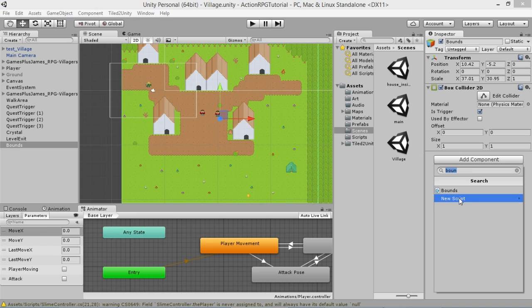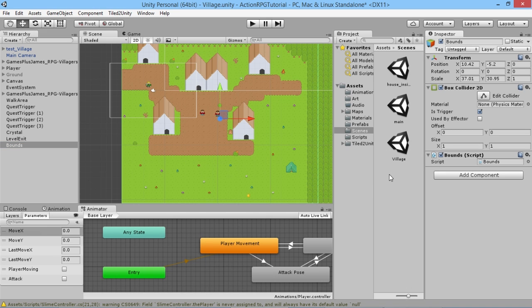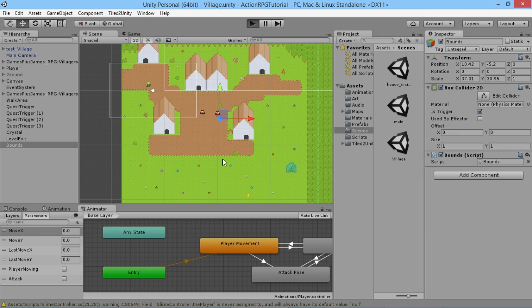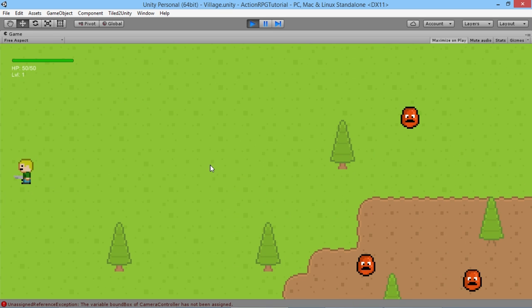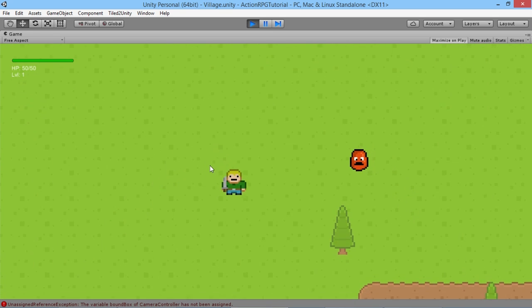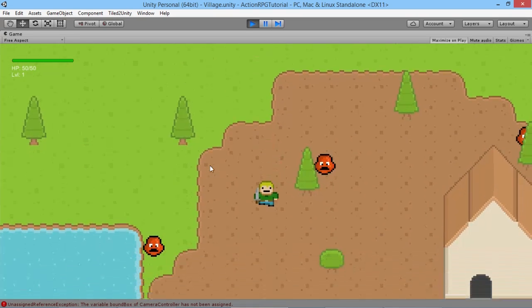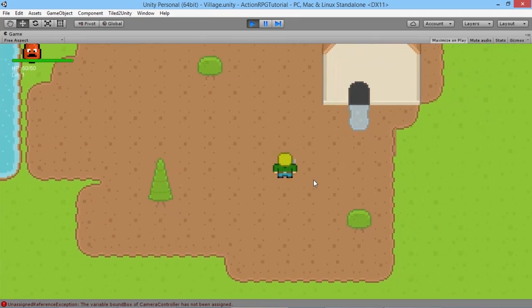We'll add the same script to our bounds box here as well, because if we create a bounds box, we need to set it to all of these. And now if you play the game, once we load into the new level, it's actually